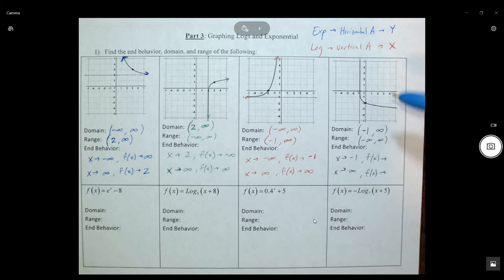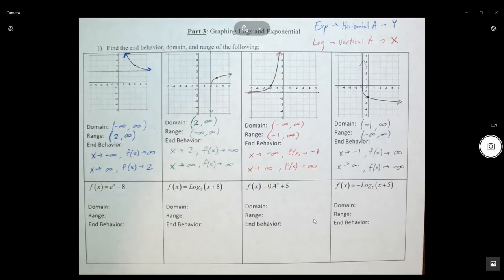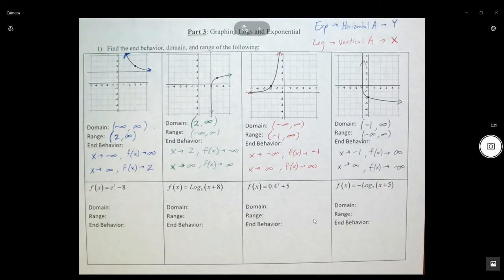Alright, as I go to this -1, I'm going up. So I'm going to positive infinity. As I go to the right forever down here, I'm going down to negative infinity. Alright, so that's your end behavior, domain, and range for the graph. Shouldn't be too bad. Alright, now for